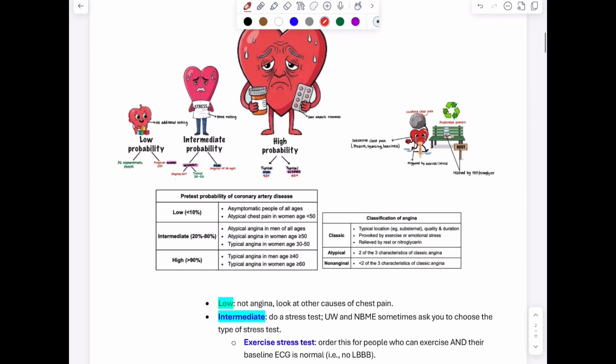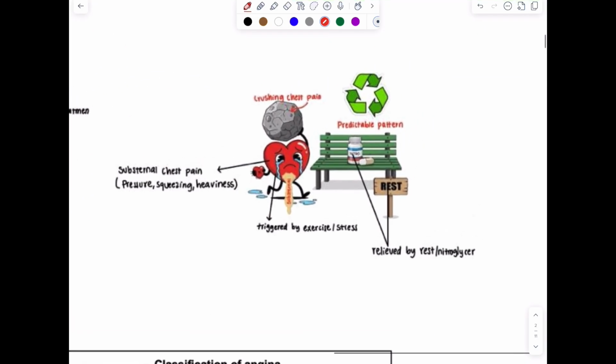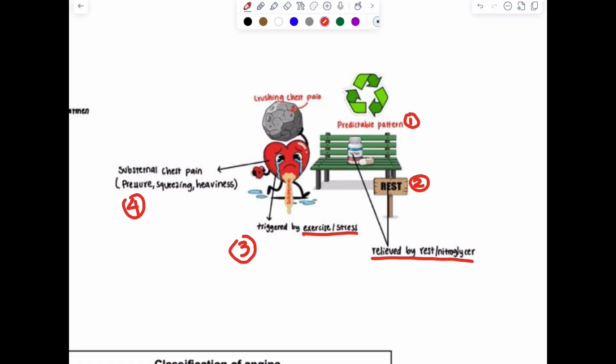So, right here I drew these stupid drawings. It kind of reminds me of the symptoms of stable angina. 1, it is predictable. It's not going to come randomly. You know when it's going to come and bother you. 2, it's relieved by rest or nitroglycerin. 3, triggered by exercise or stress. And then 4, it's going to be pressure, squeezing, heaviness type of pain, and it's going to be substernal, which means